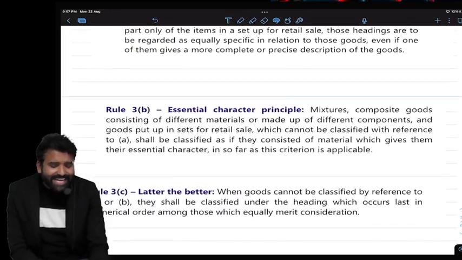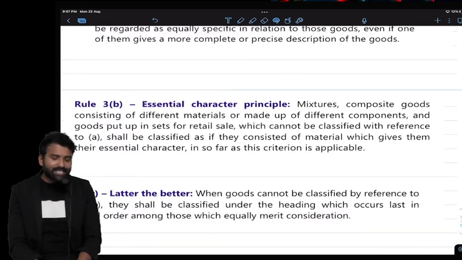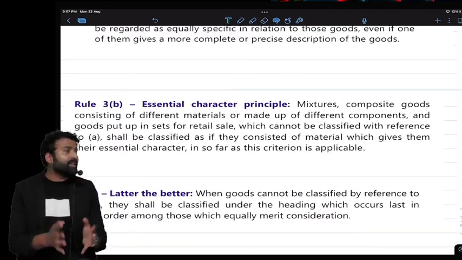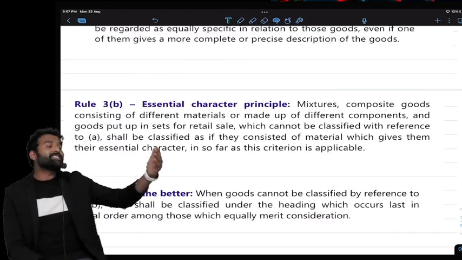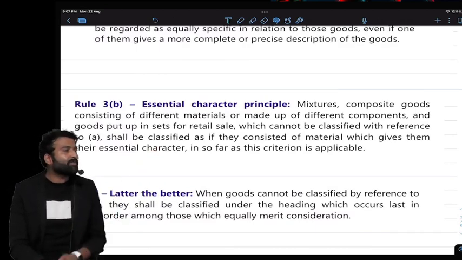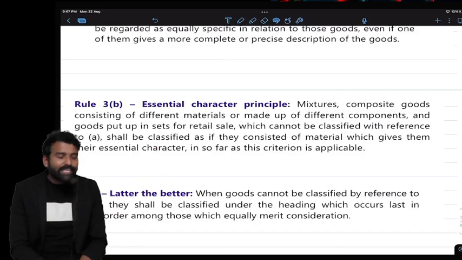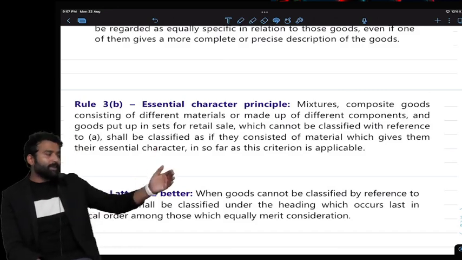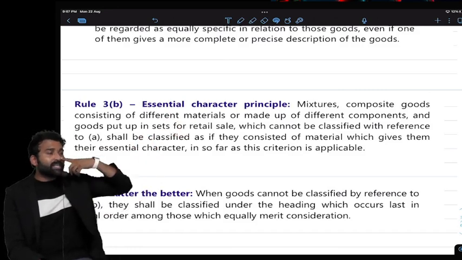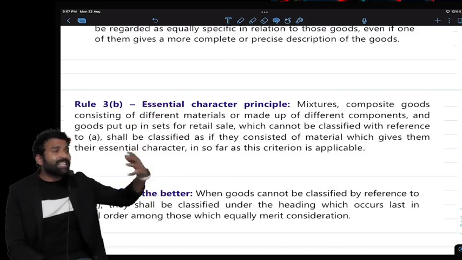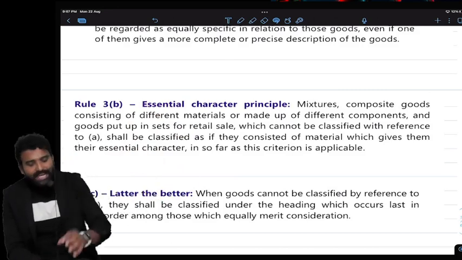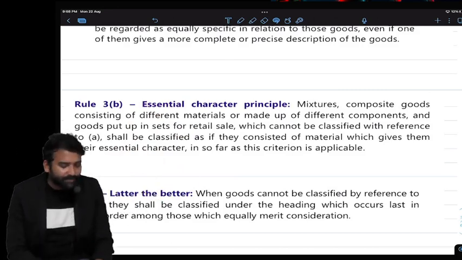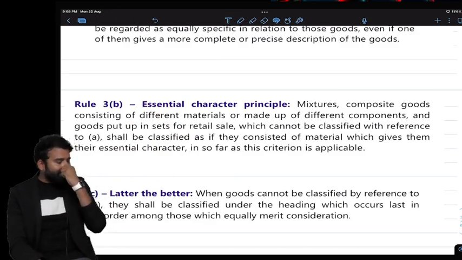Next rule is again the essential character principle. I have already discussed that if I am importing a mixture, if I am importing a composite supply, then what is the principle here? It is similar to section 8 of the GST Act. Rule 3b says essential character principle. If I am importing something composite, then what is the principle in that? What is essential in that? That will be used as the classification